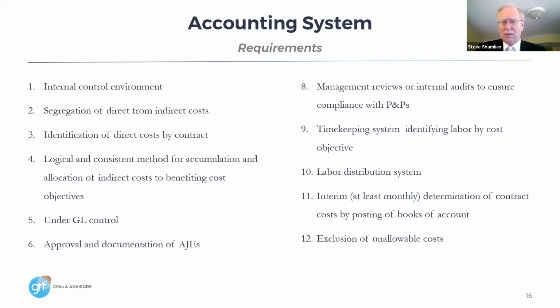So this is an important step. And some kind of exclusion of unallowable cost, that doesn't mean that you have to know all the unallowable cost and make sure that you book them to unallowable accounts. But at some point, at least within the year, you're going to scrub those accounts and make sure that unallowable costs are not billed to the government. So at a minimum, you should be excluding direct unallowable cost from your monthly billings. Go to the next, please.